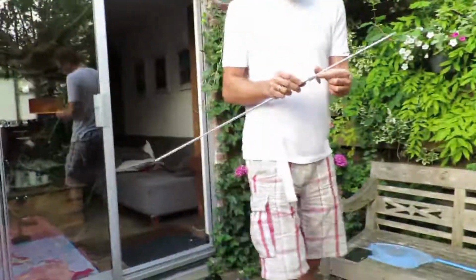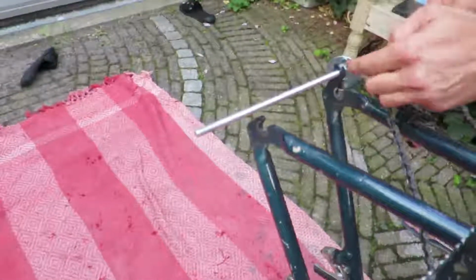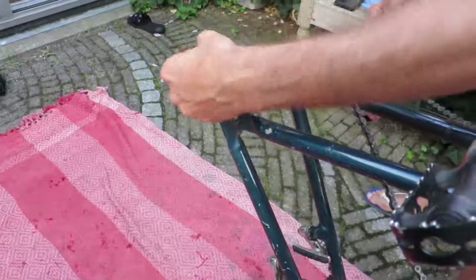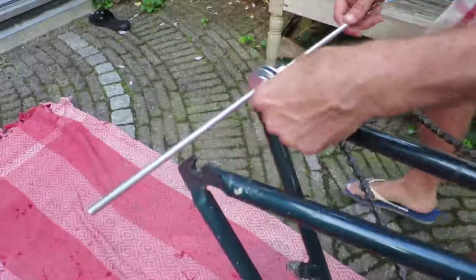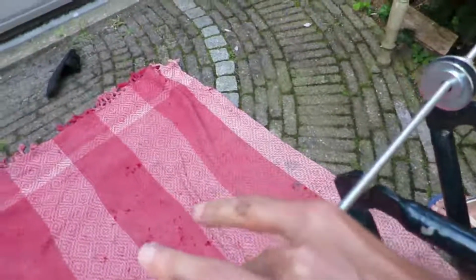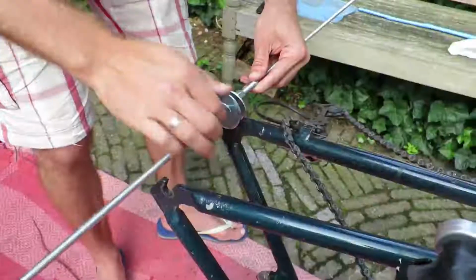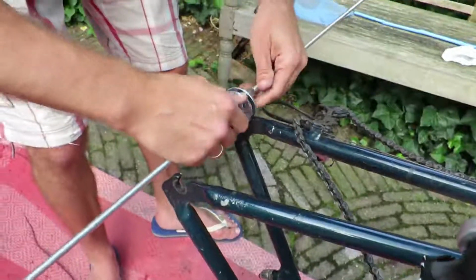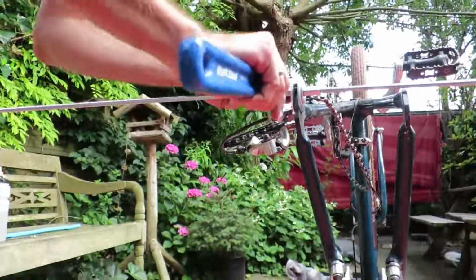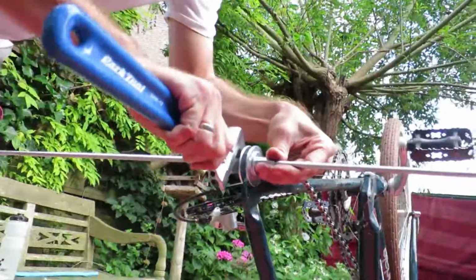The way I'm going to do that, after I've removed the wheel and loosened the derailleur itself, is to put in this 8mm threaded rod, which you can just pull through the hole because it's smaller than the mount itself. I put on washers and these long nuts, and the idea is that after you've tightened it, you can grab hold of it to bend the hanger in the right shape. I tighten it with an adjustable wrench,